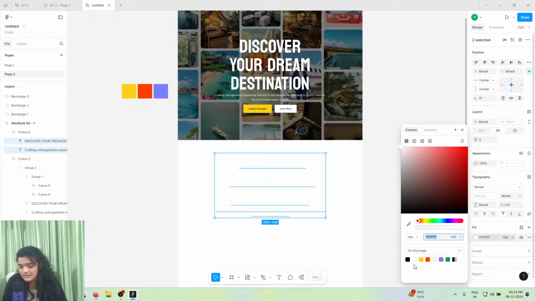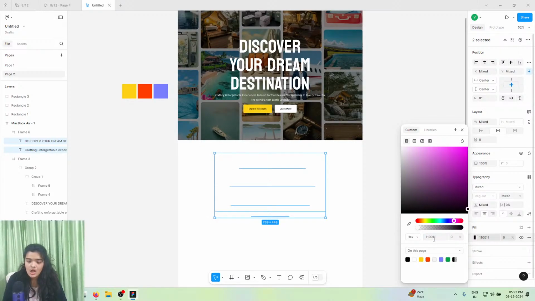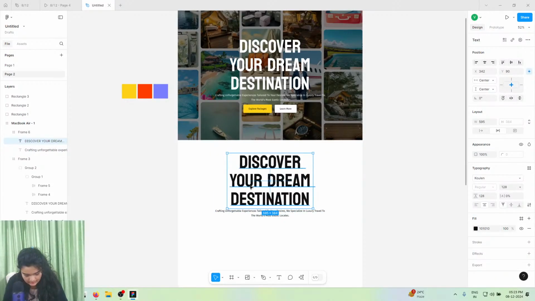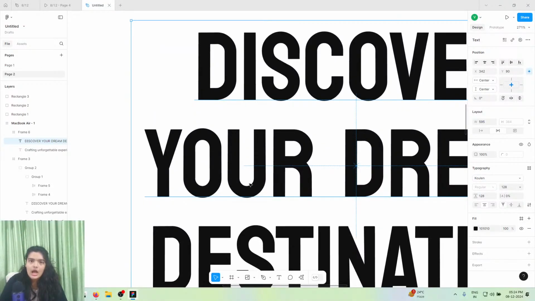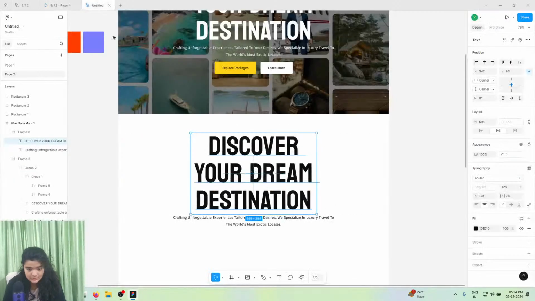I'm going to make sure everything is set to black. You know what? Instead of doing black for this complete UI, let's do 101010. That's the perfect shade of black, especially for our circumstance, because this font is very thick, so you get large chunks of bold text which are completely black, and that gets irritating really quickly. Pure black is often glary and weird, so it's almost always wiser to have a lighter shade of black. All right, now we're going to change the text here to say Unmatched Luxury,